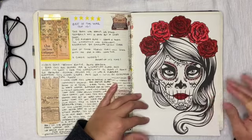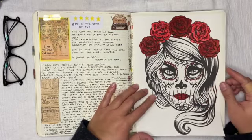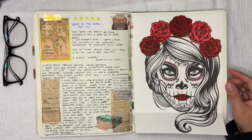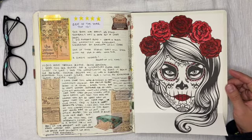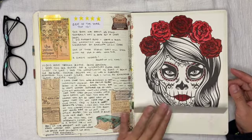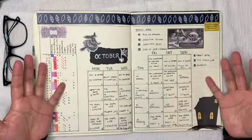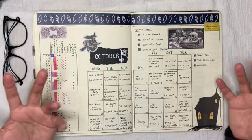So this page, I got it out of a coloring book, and I wanted to add it here to signify the beginning of the October spreads. And then we continue to see the calendar. Now,